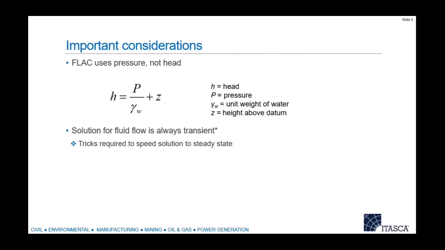There is a steady state solver, but for now, when you're doing a fluid solve, it's always transient. Okay. You're always doing a transient solution. Now, if all you care about is a steady state solution, again in the current version, then you can play games with the fluid modulus to converge on the steady state solution faster, right? Because a steady state solution is independent of the fluid modulus. So you might as well use whatever gives you the best numeric characteristics. That's a trick. We'll show you how to do that. Okay? How to pick the right fluid